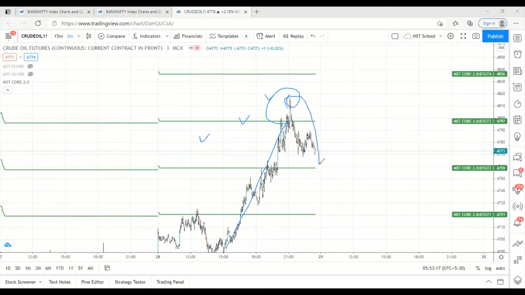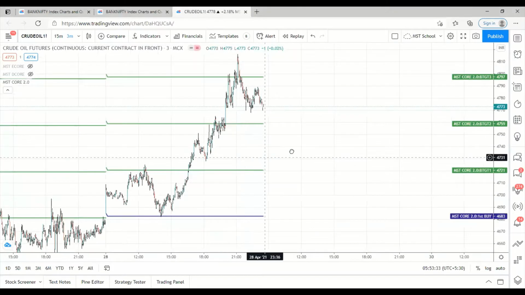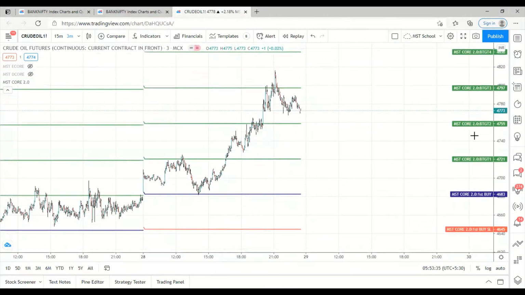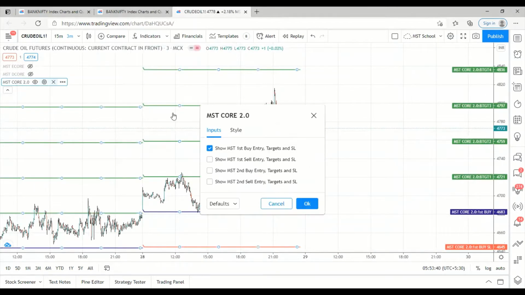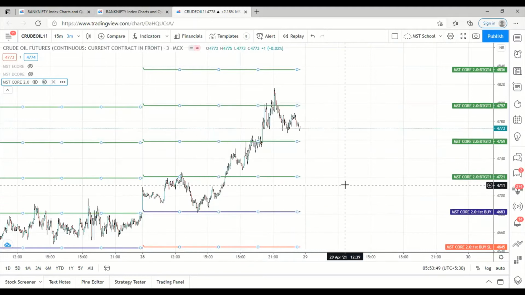Now the market has reversed. So this is the working procedure of our indicator. There is nothing else. You don't have to worry about anything. We had some other parameters in our indicator like moving average zone, GMR levels, moving average 1, 2, 3, and multi time frame and all. Since most of the customers felt that they were getting confused, we have removed everything and kept it very simple: first buy, first sell, second buy, and second sell. Okay, this is for the crude oil.